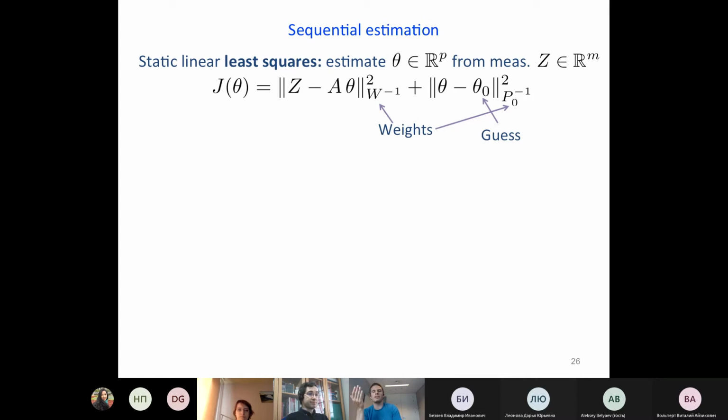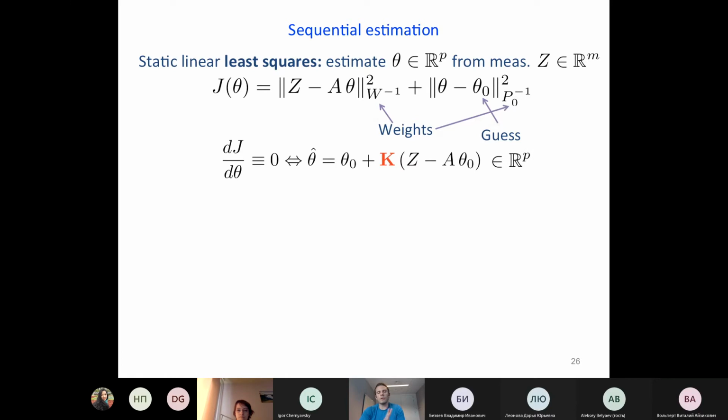When you want to estimate a quantity theta, you have a model that relates the parameters theta with the measurements z. And you have some prior knowledge on the parameters, theta 0, some variance, some confidence on the parameters, and also some confidence on the data. So when you just minimize this problem, you obtain a linear least squares estimator,